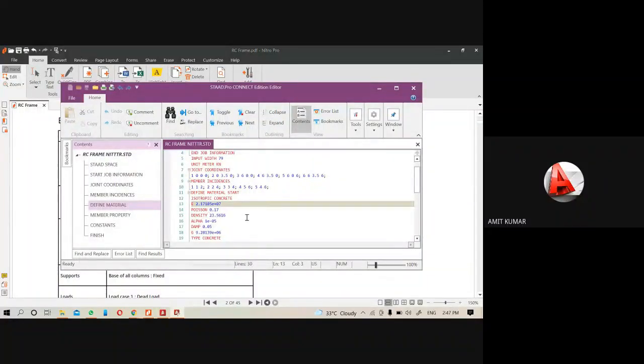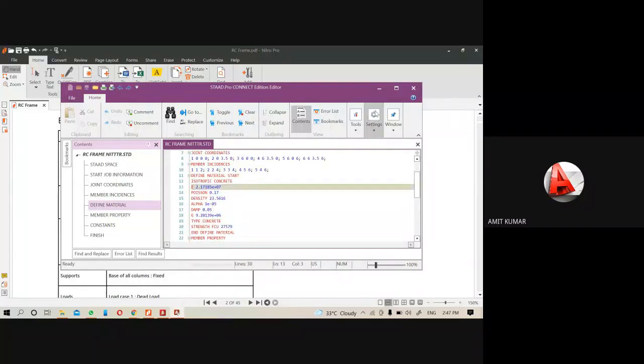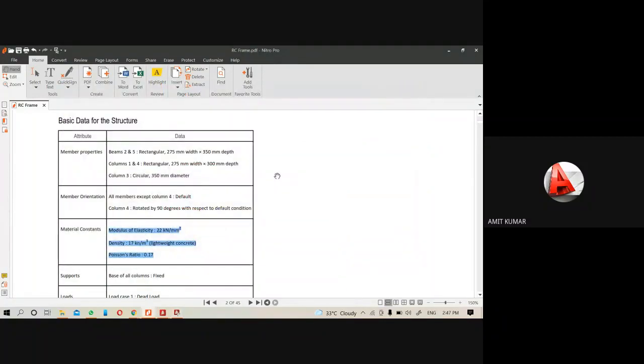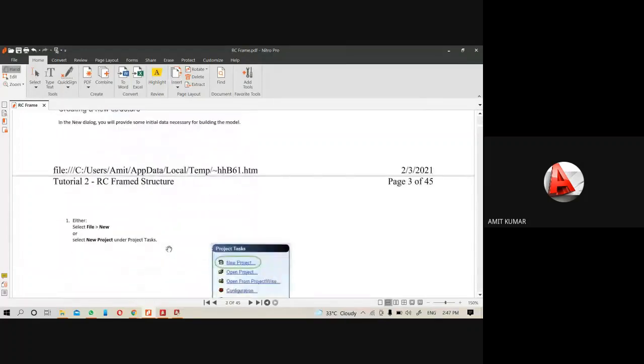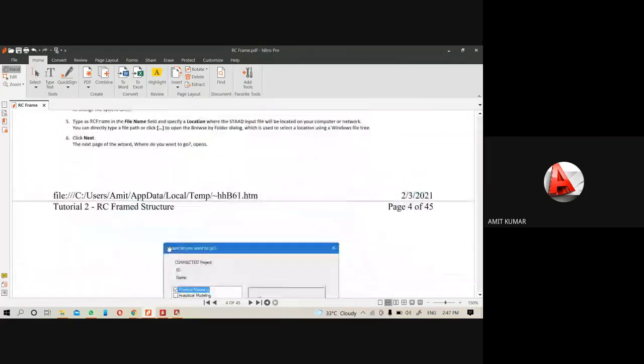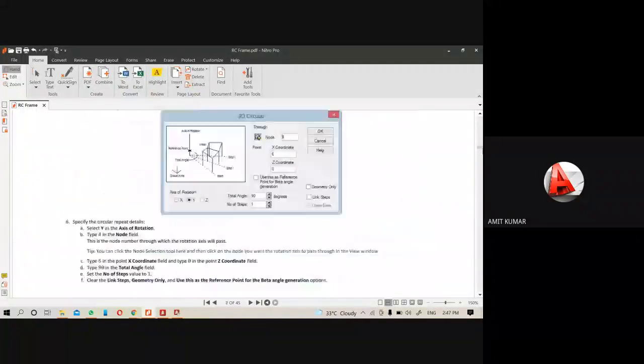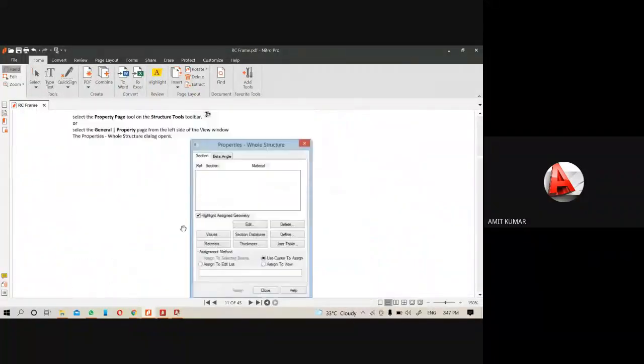We can change it, but in the last class when I did it, the software was giving an error and warning for this material constant. So that's why I am not going to change it. I will provide it according to the Indian design code, because this example is done on the ACI code. I will show you. Here it is in the output. Let me open it.